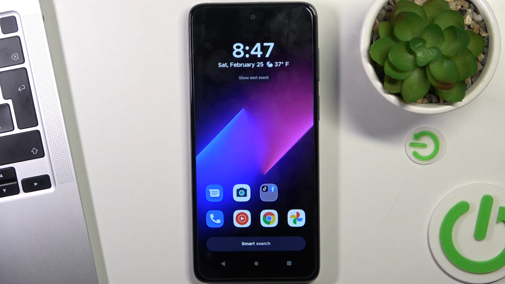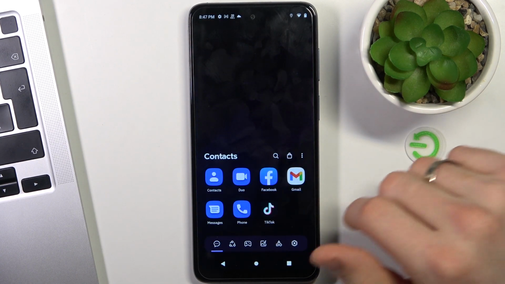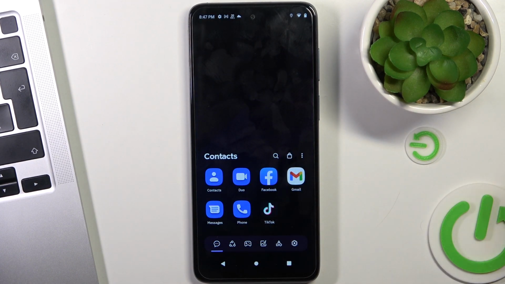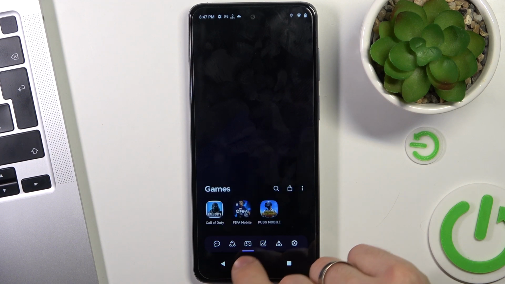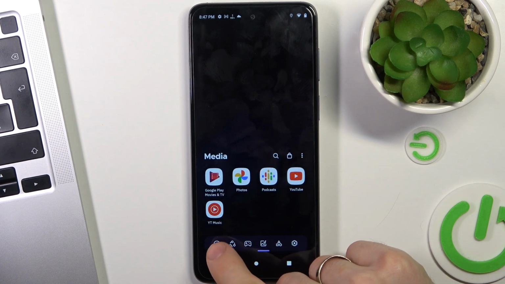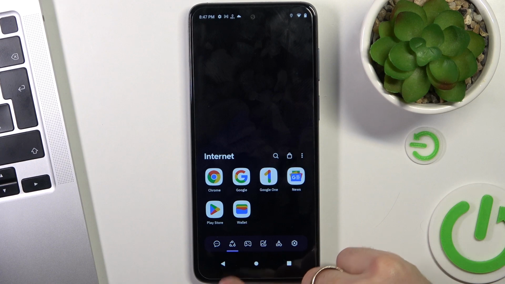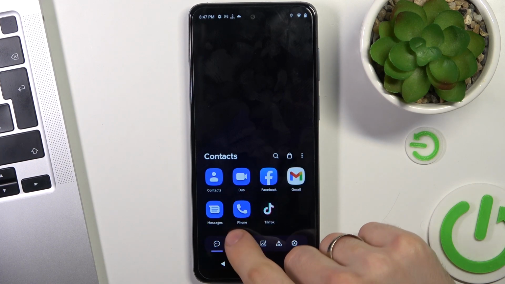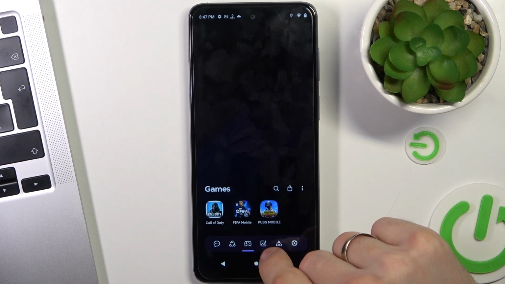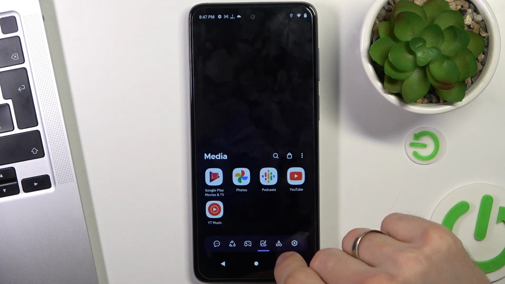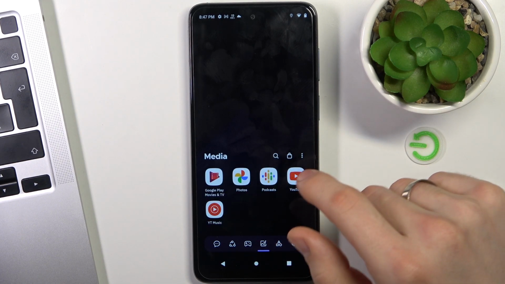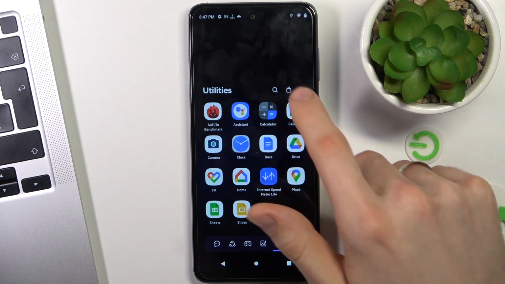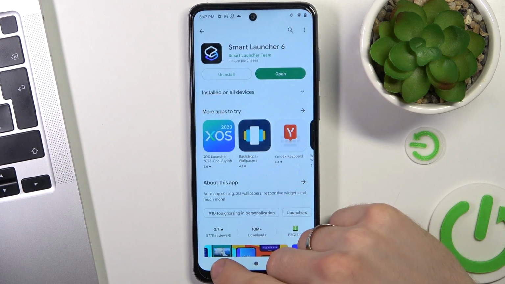and great, as you can see here we have really beautiful interface with really cool and handy app grouping features. Here we have all our connections, here we have internet, games, media, utilities and settings. And if you want to find any application, you can use,